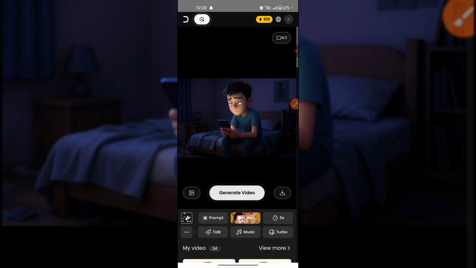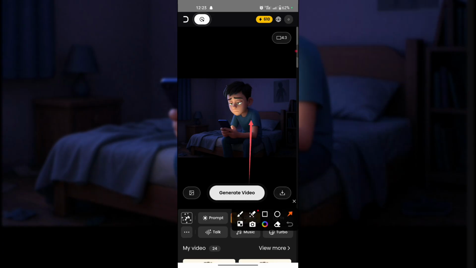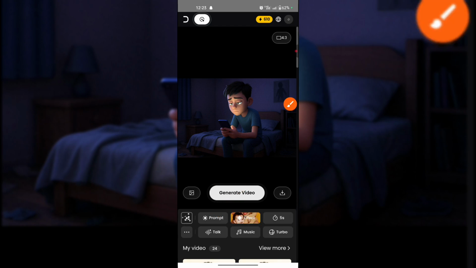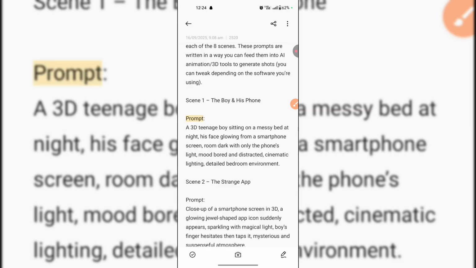Alright, so now I've uploaded the image for scene 1. If you look here, you are going to see the image. Now for the prompt, I'm going to go back to my notebook and copy the prompt for animation. Alright, so this is my notebook. Remember, in the beginning of this video, we copied three things. One is the story, two is the scenes for generating the image, three is the prompt for animation. So I'm going to copy the prompt for this scene 1 here. This is the prompt. I'll copy the prompt now and go back to Digen AI.